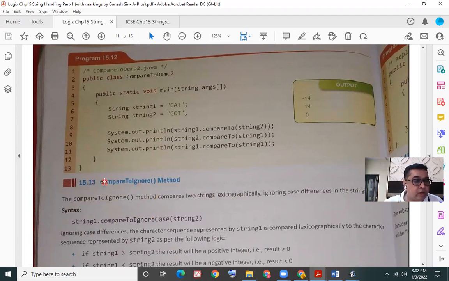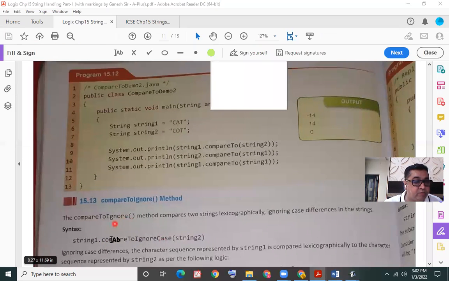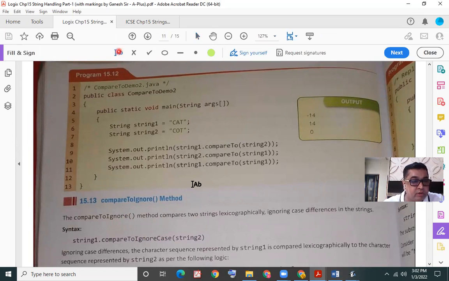Here in the heading, the author has written the name as compareToIgnore. It is actually compareToIgnoreCase. That's the name of the method. In the examples, the author has correctly written the name of the method compareToIgnoreCase, but here in the title, there is some printing mistake.